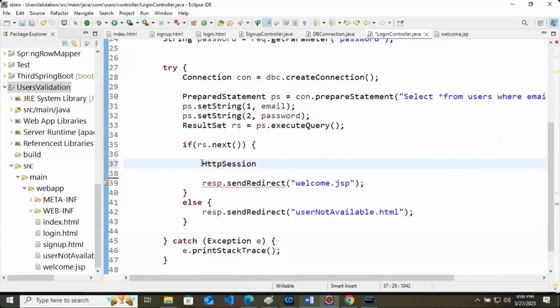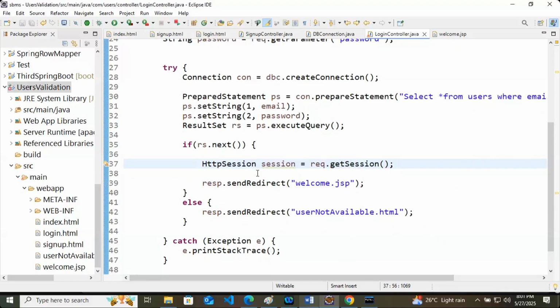Here we have created an HttpSession with its object name as session. Now I will create this session by using this request only. So req.getSession will create a session here.